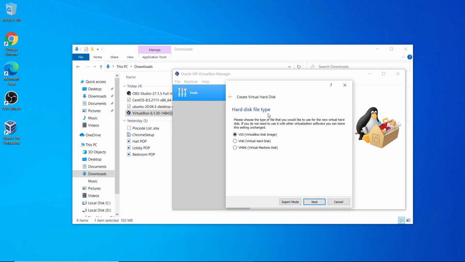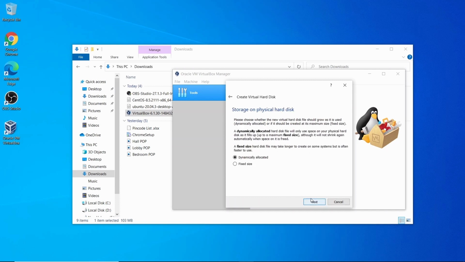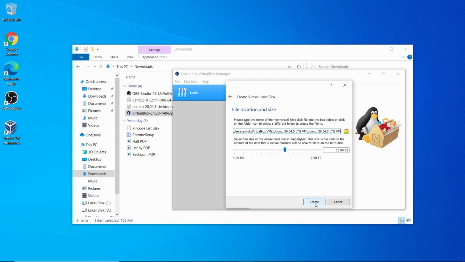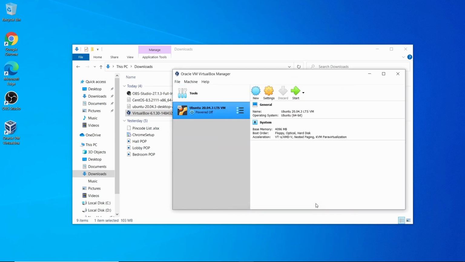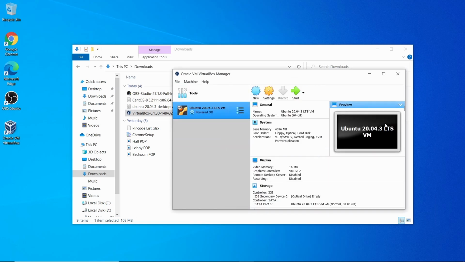Simple, click on next, leave it default, create a virtual hard disk now, click on create, and here it will say hard disk file type. So leave it VDI as default, click on next, and here it will say storage on physical hard drive. Click it on dynamically allocated and next. After this, what you have to do is, if your computer is very low in configuration, give it 10 GB. If it is having good amount of storage, I would recommend go for 30 GB here. Simple, click on create. Now this has created our virtual machine.